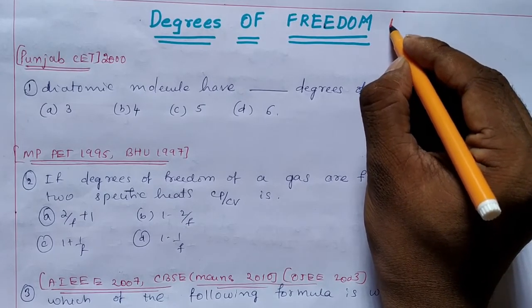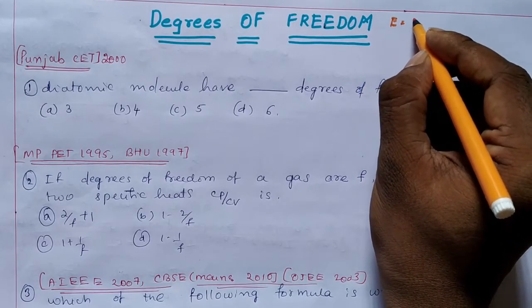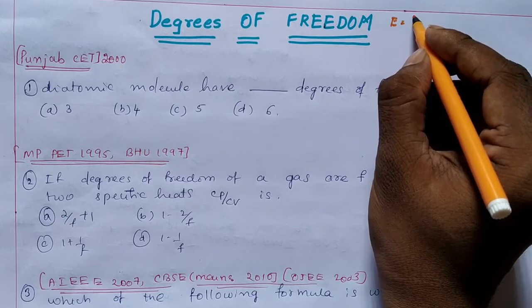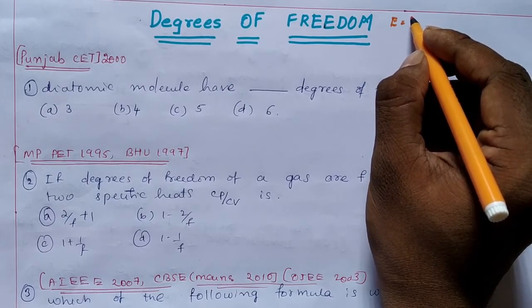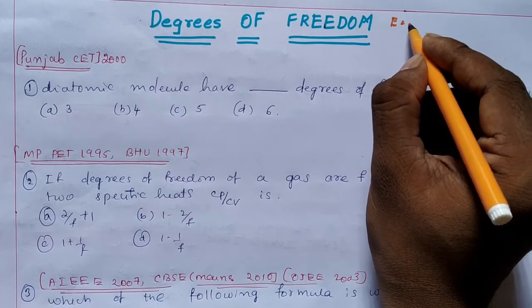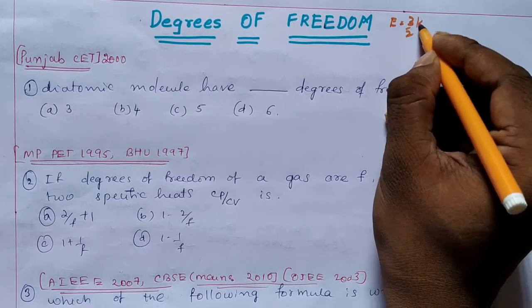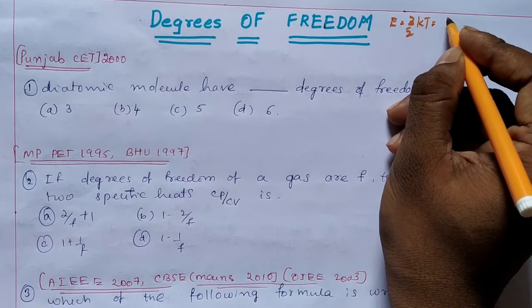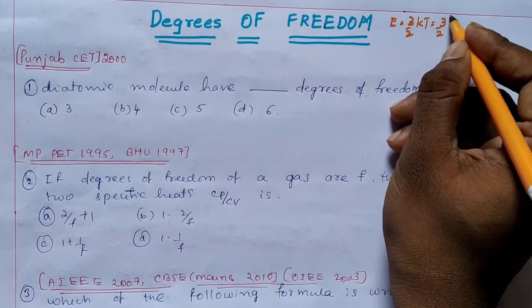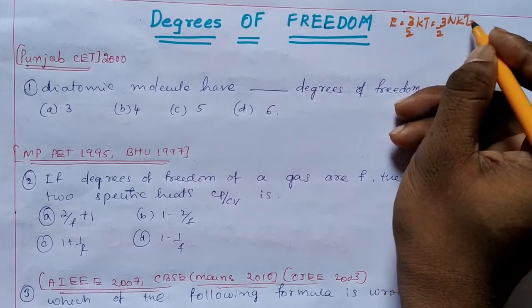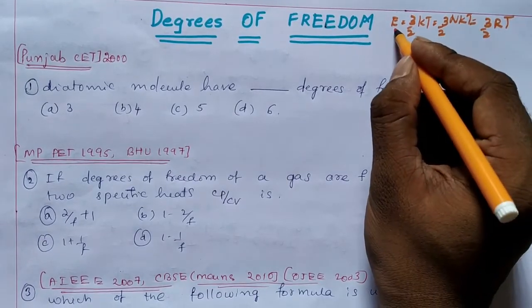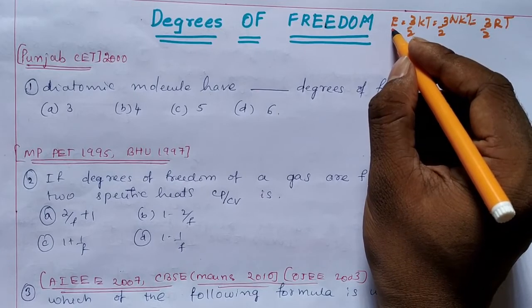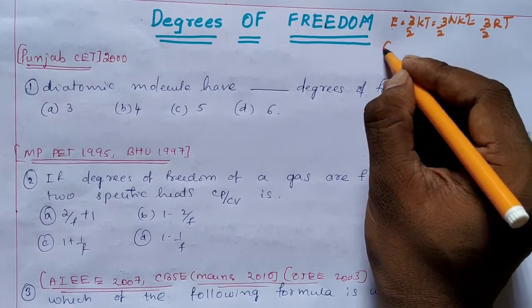For total energy on each of the axes x, y, z, according to the equipartition law, we get energy 1 by 2 kT. So total energy will be 3 by 2 kT, or for n number of particles it will be 3 by 2 nkT. Nk is R, so you will get 3 by 2 RT. When you differentiate this energy with respect to temperature, we get Cv.